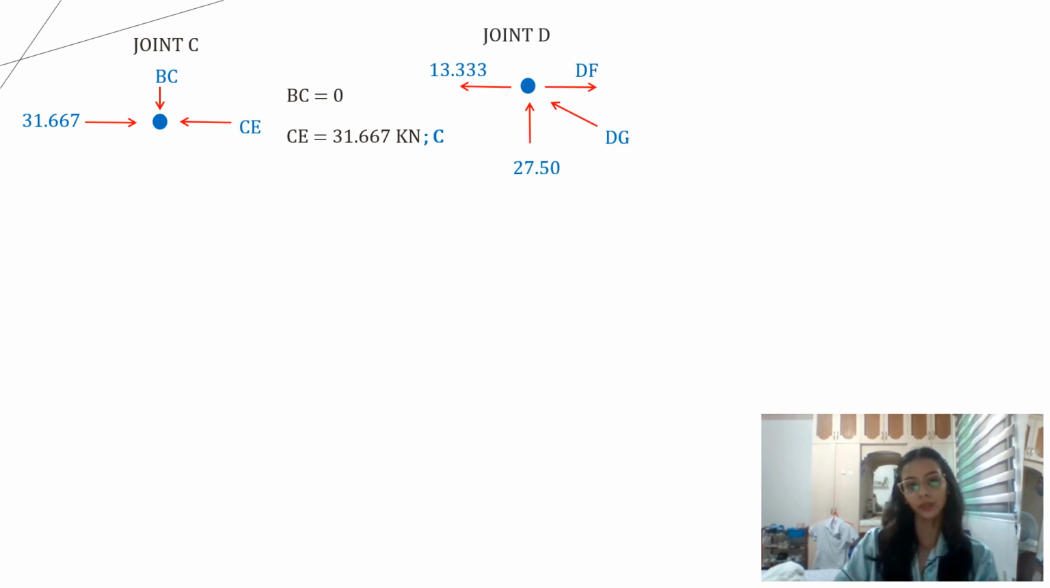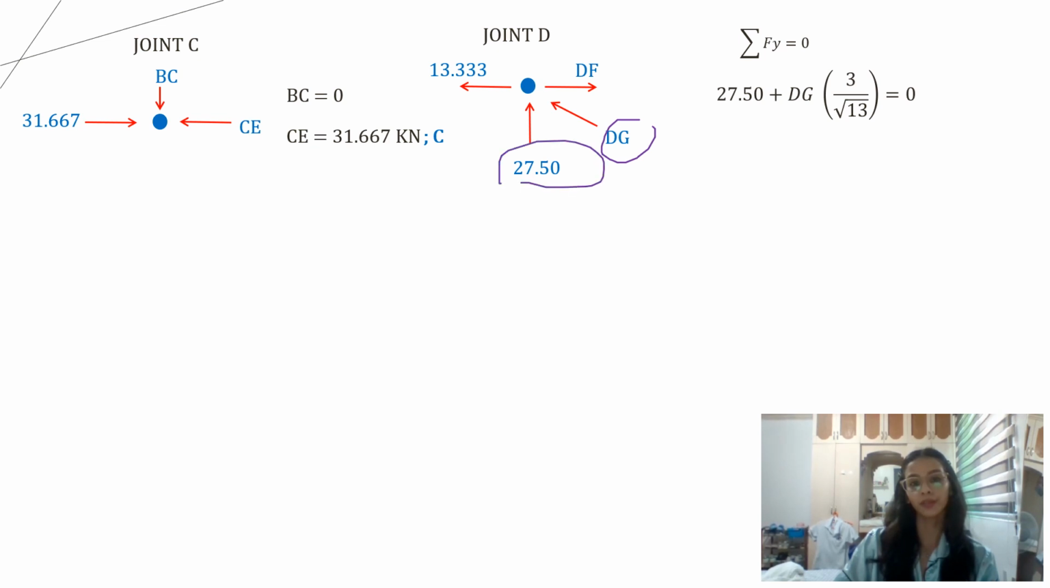So for our joint D, we have the 13.333, which is our BD, and DF pointing to the right is missing, and the DG pointing upward to the left is missing. Then this 27.50 is our RAY. So our summation of Fy, to find out what DG is, we have the RAY 27.50 plus DG times 3 over square root of 13 equals 0, and then the answer is